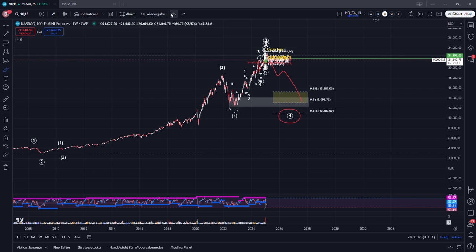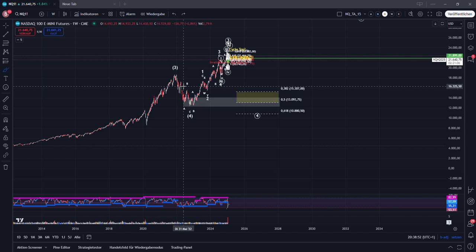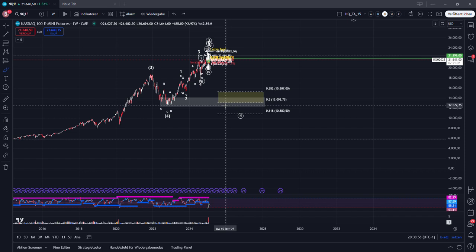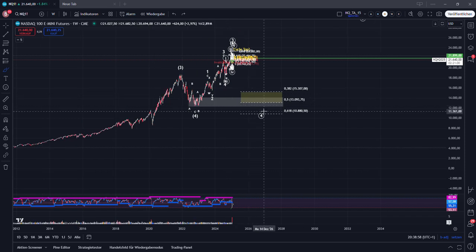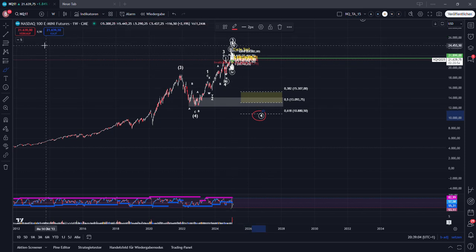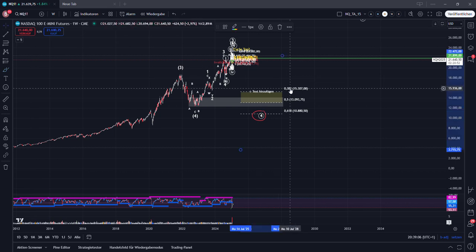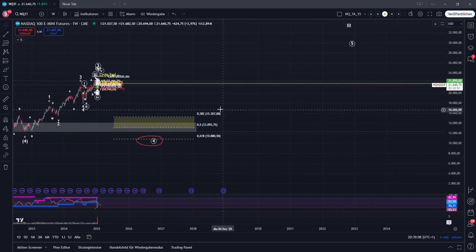So that's at the moment my outlook. Time-wise, it's very hard to say, because it's a very, very high degree, and we have to see when we top. So at the moment, this is still, so when I zoom in here,